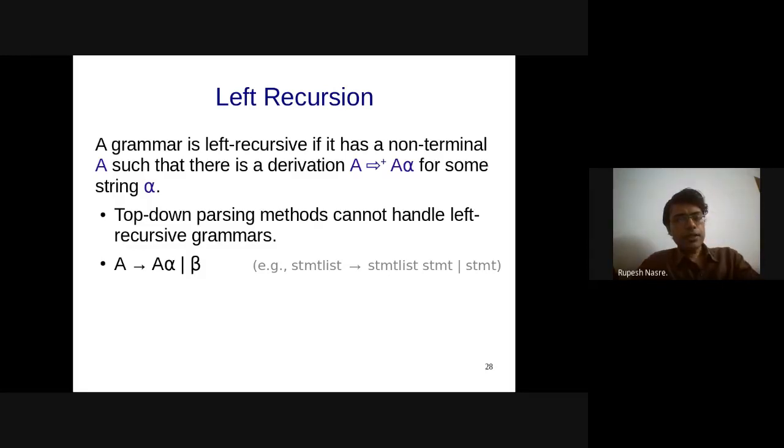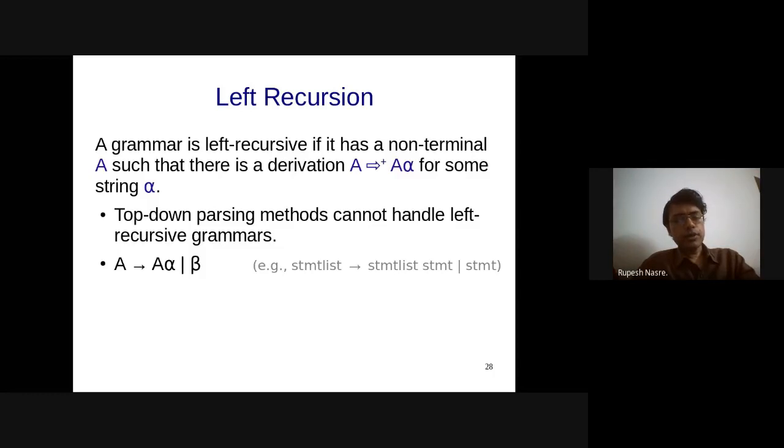As we briefly discussed, top-down parsing methods have issues with left recursive grammars because they try to go into the same non-terminal. I'll show you the algorithm and try to identify if a particular production matches the corresponding input token that is coming in, and that can get into an infinite loop.